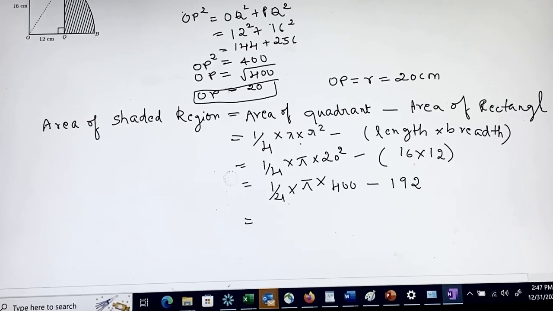Okay, so here 4 ones are 4, hundreds are 400, that means 100 pi minus 192. Okay, what is the value of pi? 100 into pi is nothing but 22 by 7, minus